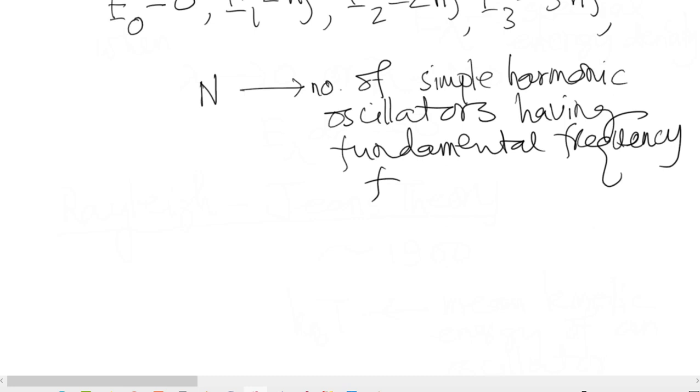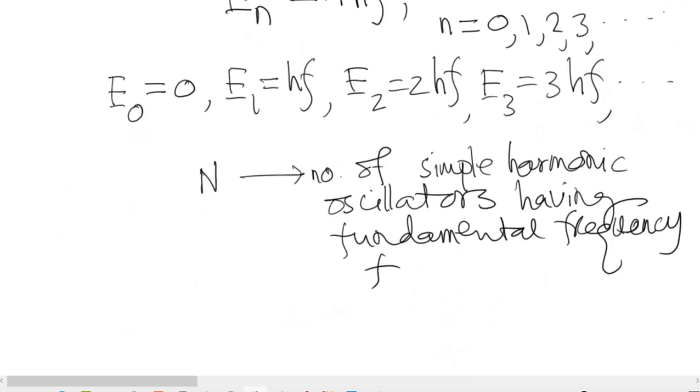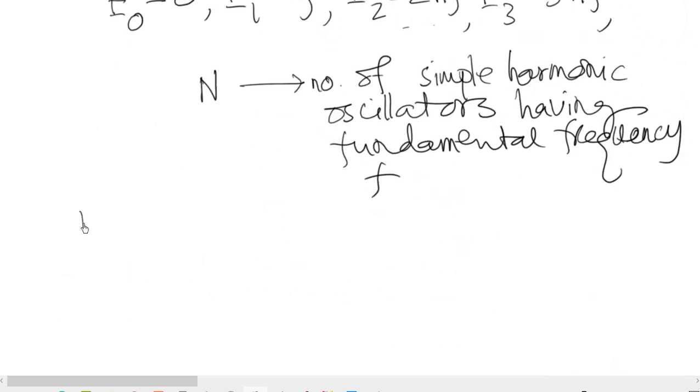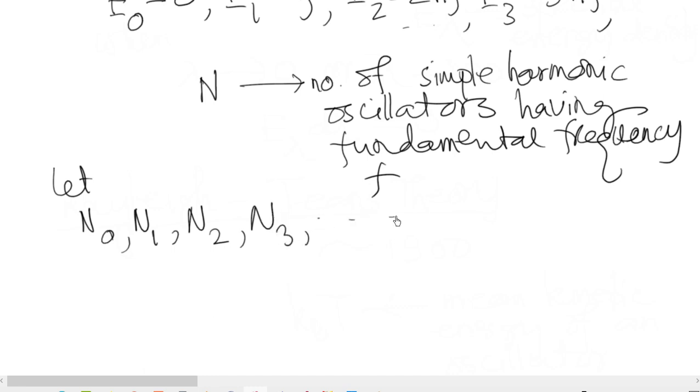If these oscillators can take up energy only in multiples of hf, then the allowed energies will be 0, hf, 2hf, 3hf, etc. Let us suppose that N0, N1, N2, N3, etc. are the number of oscillators